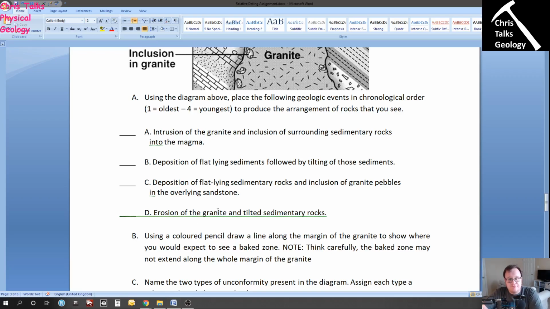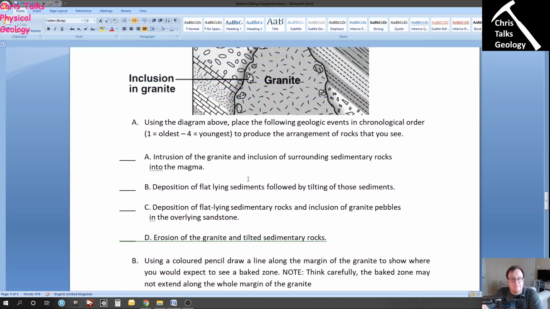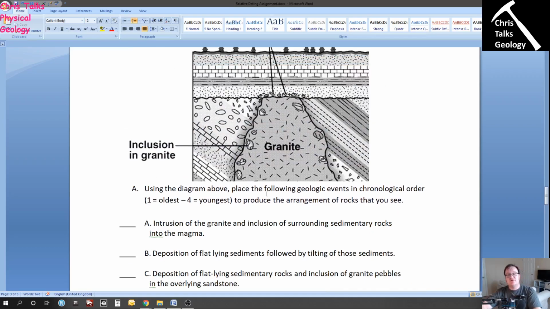Okay, so what's next? Well, we come on to part B. So using a coloured pencil, we are going to draw a line along the margin of the granite to show where you would expect to see a baked zone. Okay, think carefully about this one. All right, so we know that the granite intruded the sequence of tilted rocks. Okay, so where would we expect to see the baked zone? We'd expect to see it essentially